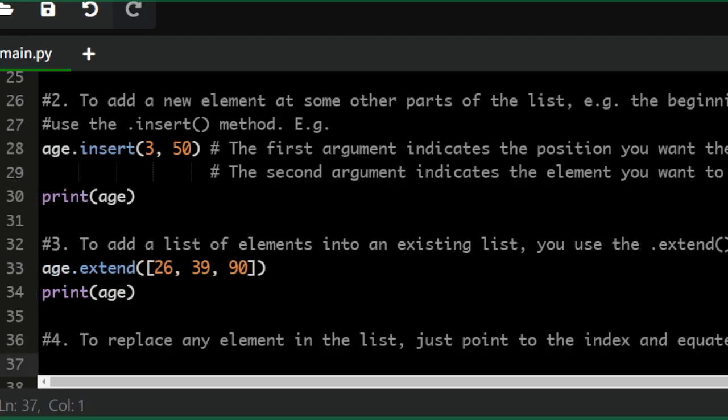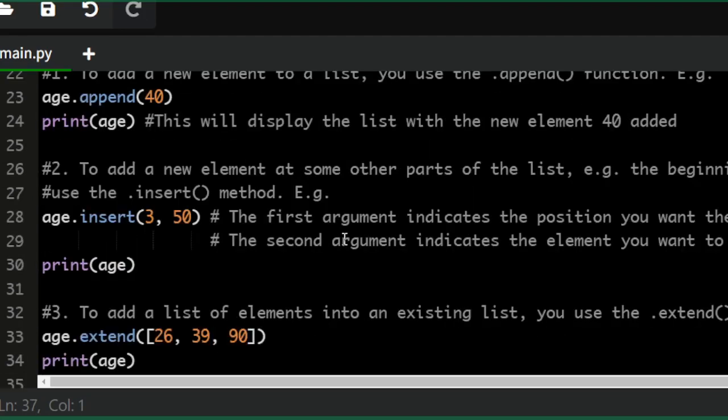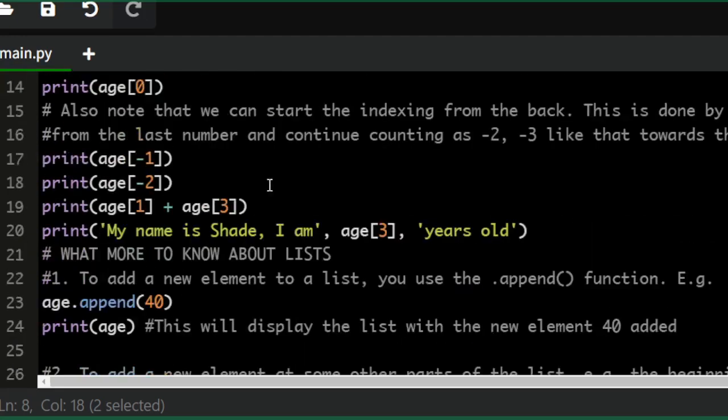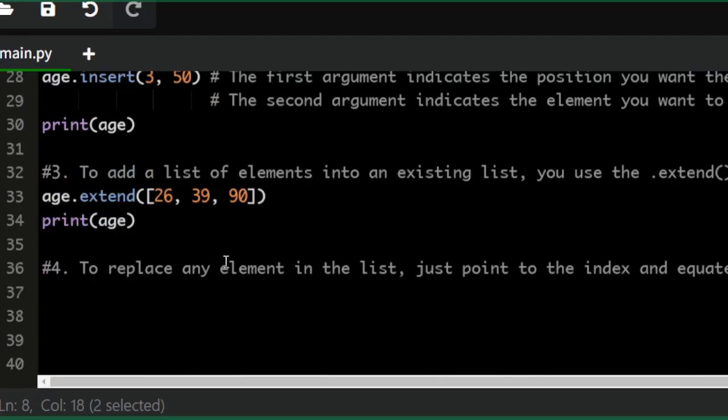Let me say, for instance, I want to replace 10. I'm looking at it that a 10-year-old is not supposed to be in that class, and I want to remove it and replace it with 100. If I want to replace 10 with 100, knowing fully well that 10 is on index 2,